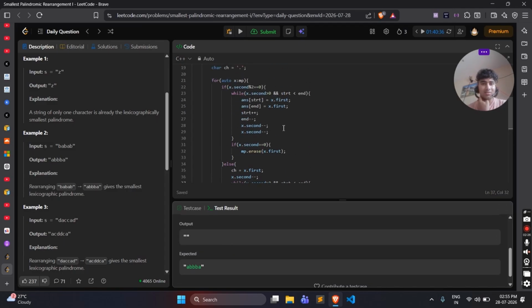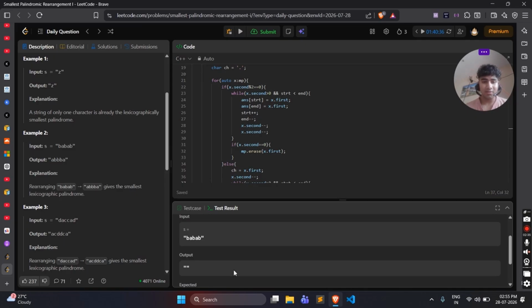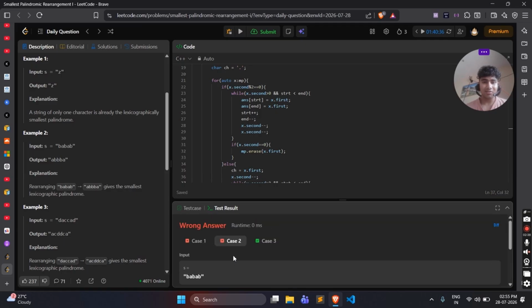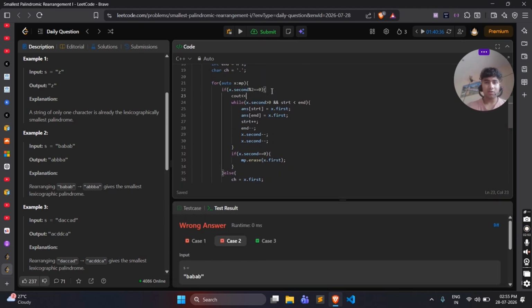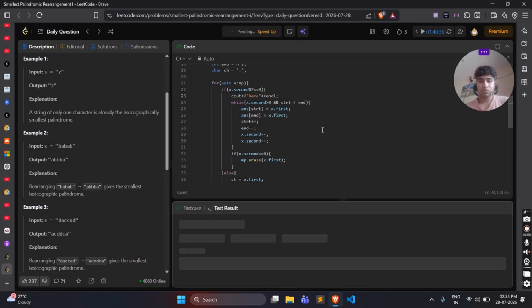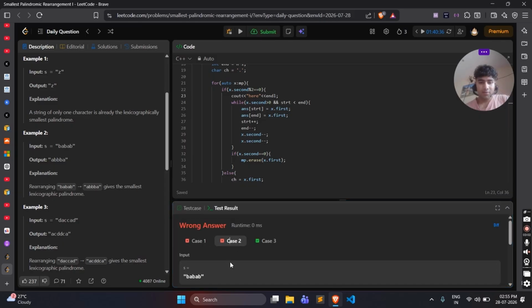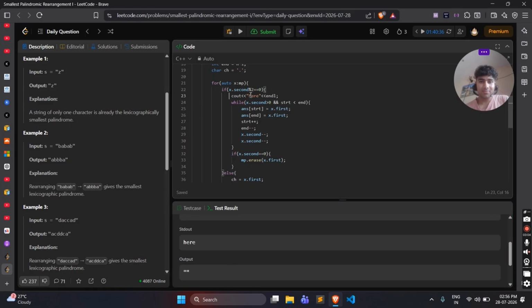So the thing is we are doing it right only because for this test case also an A must be given actually. A must be given. Let me see what is happening here. Okay, see out here. Okay, right? So this means x dot second must be greater than 0, right? For A it should be there,